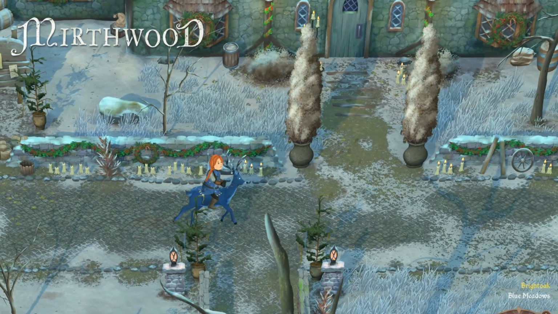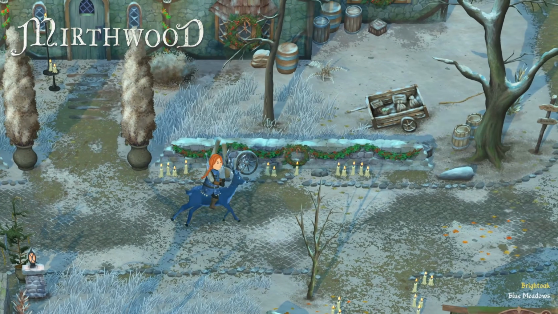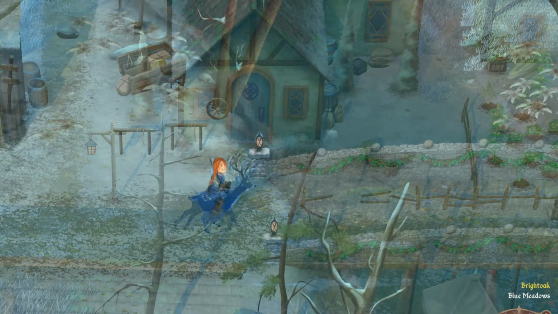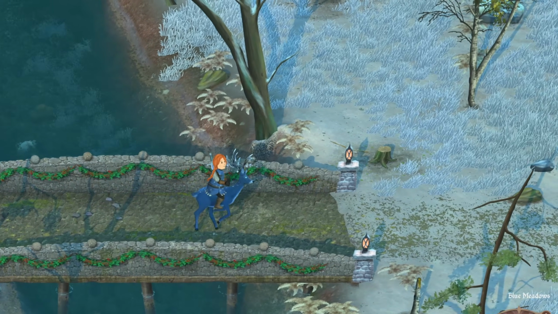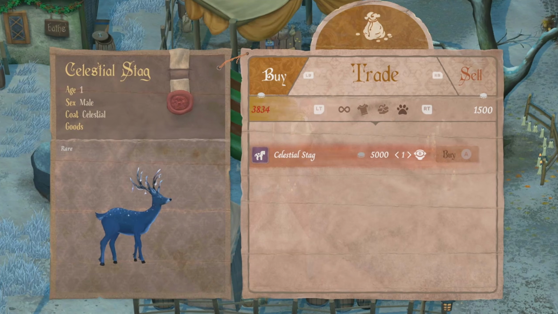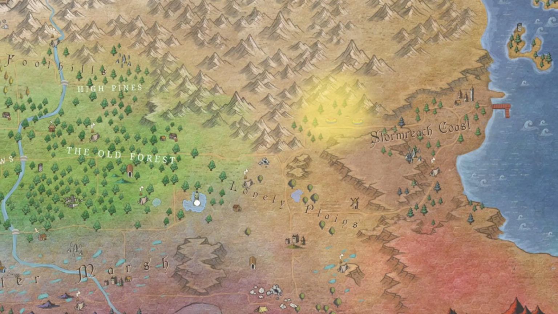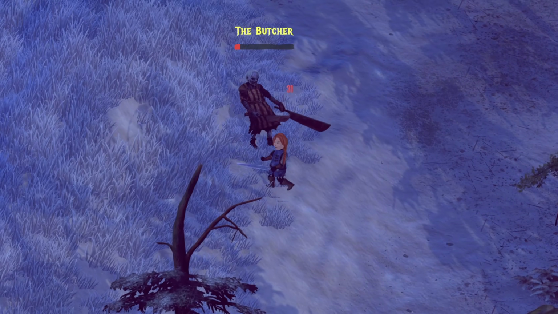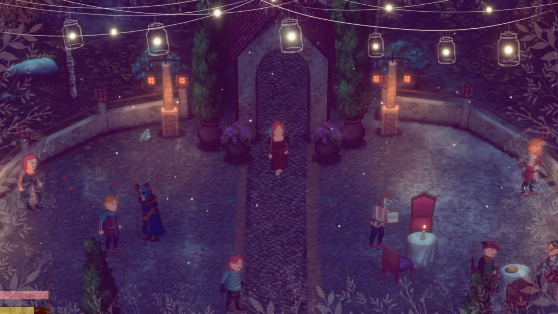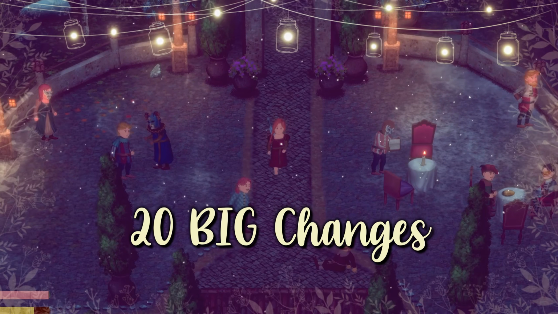Mirthwood's Night of Falling Stars update just dropped and is the first major update since Mirthwood's release 6 weeks ago. And boy, did the devs deliver. We have Christmas decor all around Mirthwood, a festive new mount, an expanded map, new enemies and quests, and so much more. Give me 5 minutes of your time and I'll quickly share 20 awesome changes that arrived in this